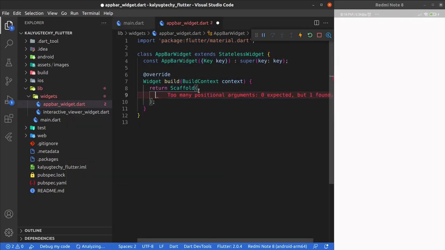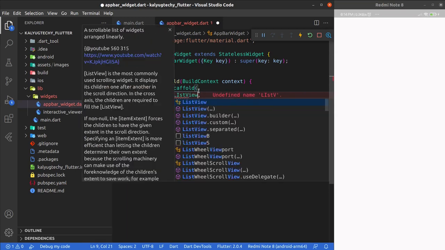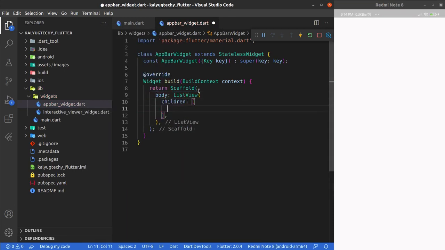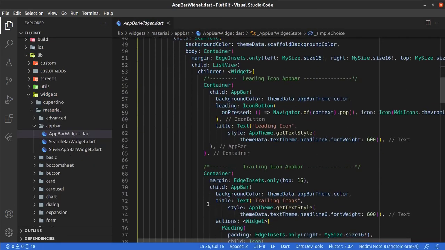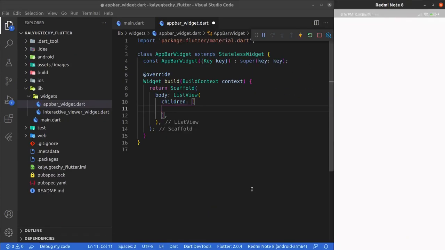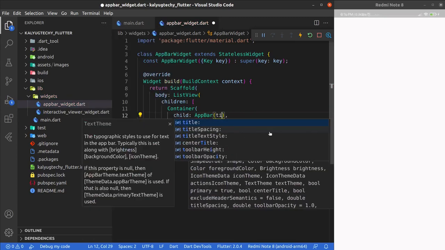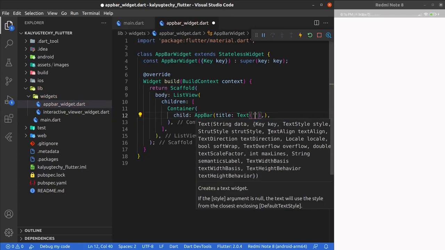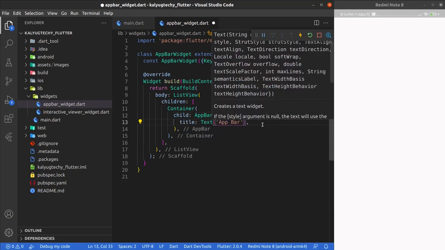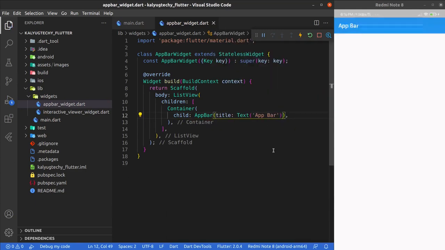So here we have a scaffold, and in here we have the list view to plot our different app bars. Let's start by making the simplest app bar, wrapping a container around the app bar widget. And here we have the text widget. We place the app bar in it and just change the